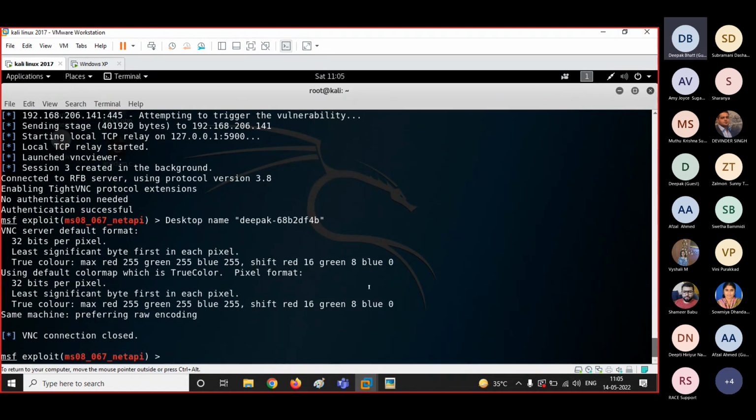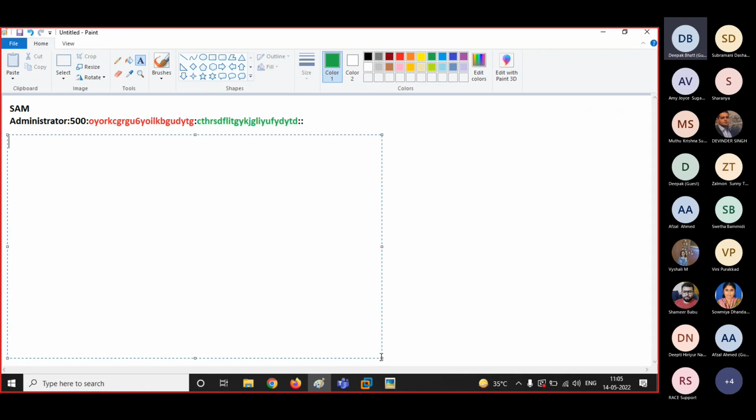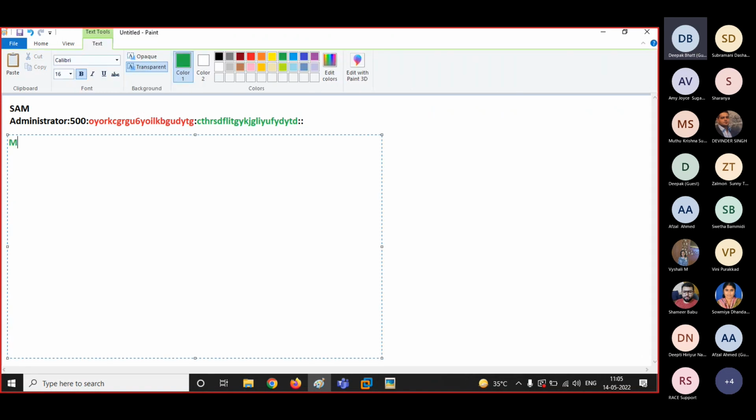What you'll be doing is you will again take access of the system as Meterpreter, and you will be writing the following commands over here. I'm writing the commands. All of you note them down and later on you will perform them. Once you get access to Meterpreter, inside Meterpreter you will write these commands. We have clearev, which is used to clear logs.